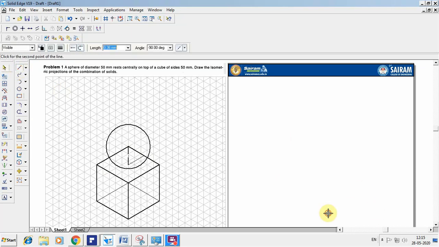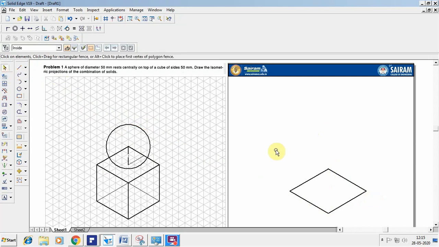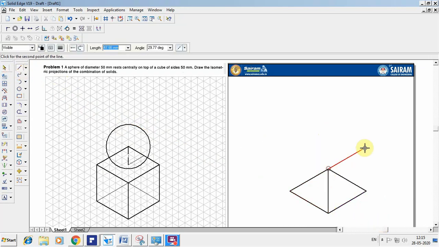This is how you draw it in solid edge. Here you go for the normal in software. I want to take 50 at an angle of 30, 50 at an angle of 150, 50 at an angle of minus 150, 50 at an angle of minus 30. Once you have done this, again increase this to the given dimension. I want to select this. So go for 50. Again 50 at an angle of 30, 150, minus 150, and minus 30. So join the respective points.